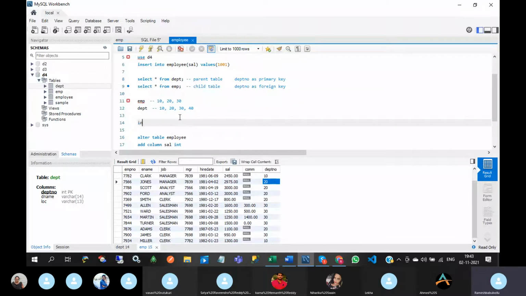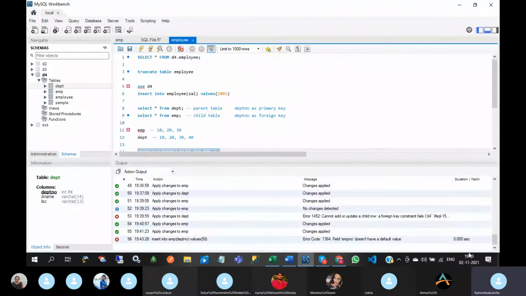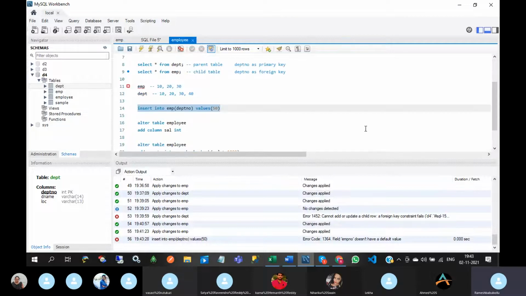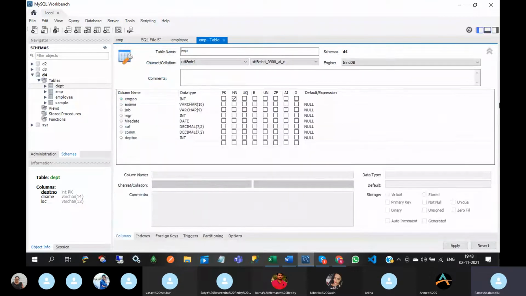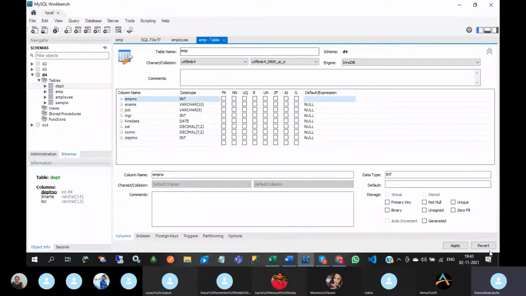So let me check. Insert into EMP department number values 50. See this, the field employee number does not have a default value, because the not null condition is there.